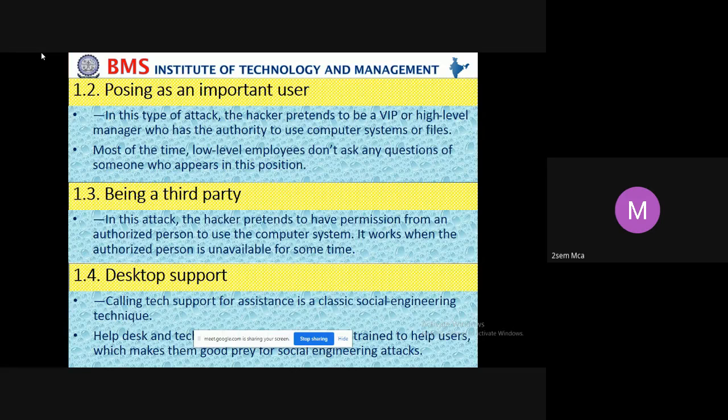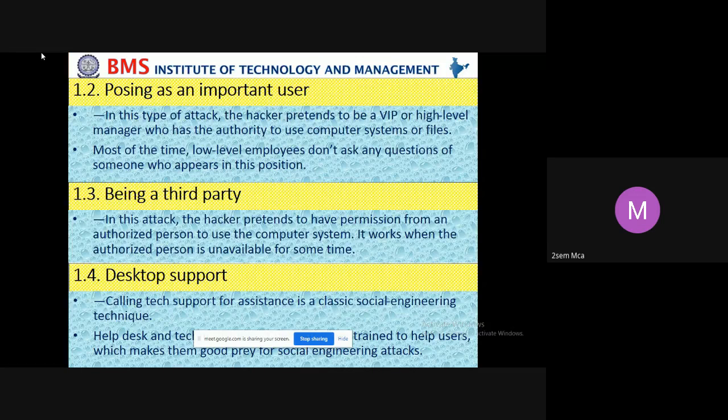Being a third party: in this attack, the hacker pretends to have permission from an authorized person to use the computer system. It works when the authorized person is unavailable for some time. So, for example, suppose in a room there are three friends, and one person has a laptop, the others do not.